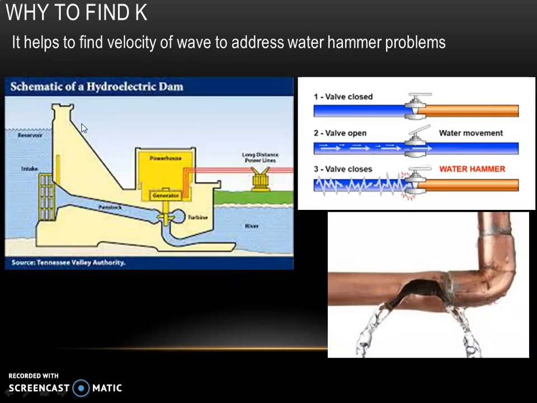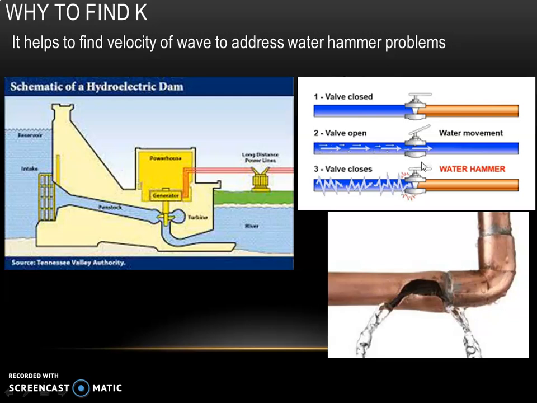Here we can see a dam which is used to store water in a reservoir, and water from the reservoir flows on to the turbine through a pipe called a penstock. Here the fluid is at rest. There is no movement or flow of water in the pipe. When the valve is opened, liquid will flow along only one direction, that is, there is no reverse flow of water.